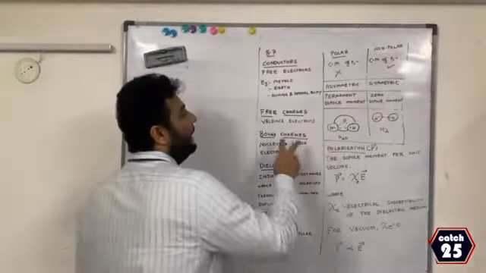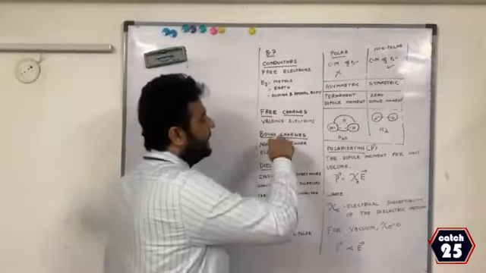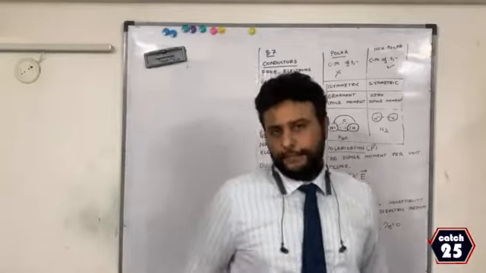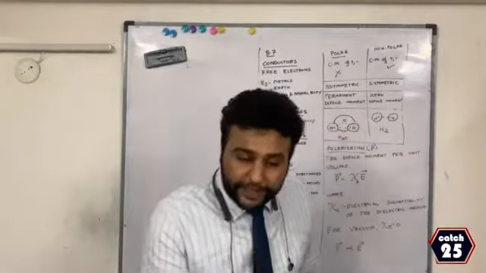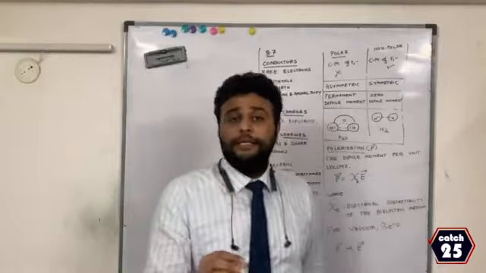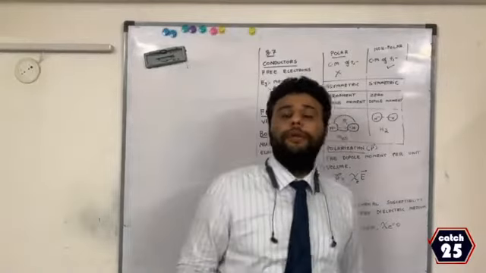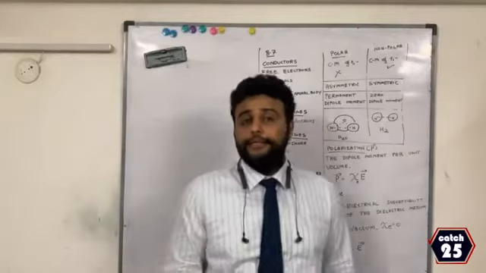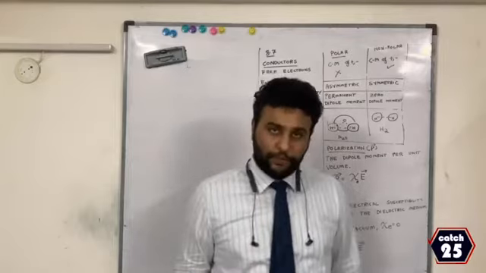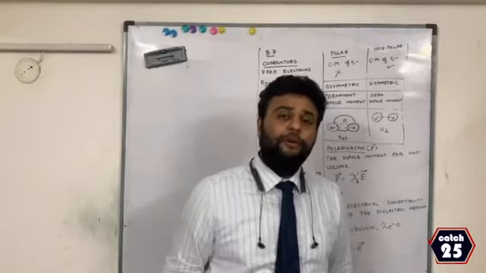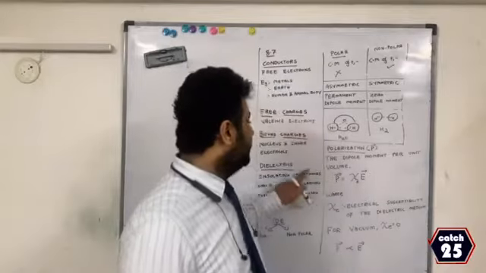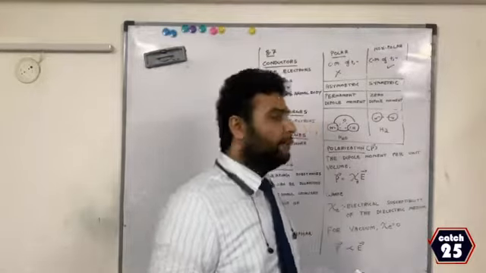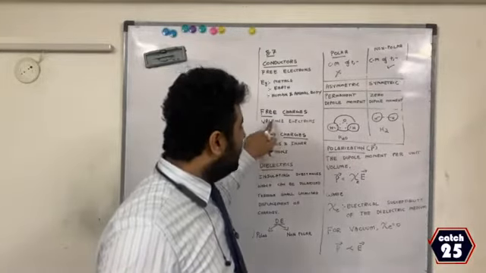Now, we have to know the difference between free charges and bound charges. It's very simple. The charges which are free to move are called free charges. And charges which are not free to move, they are fixed, are called bound charges. For example, the outermost shell electrons, the valence electrons, are free to move, so those are called free charges. And the charges which cannot move, the positive nucleus, and the inner shell electrons also cannot move. Therefore, those are called bound charges. Remember we did it in displacement current, the current due to bound charges. Therefore, it is a very little current, but it is due to bound charges.